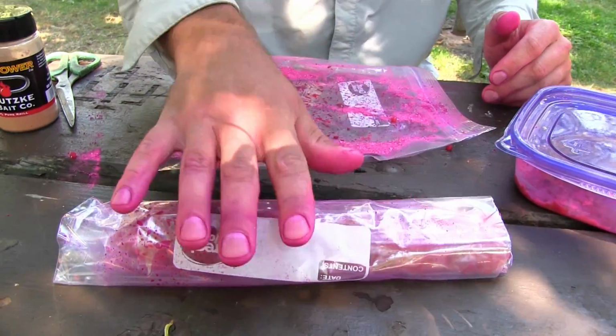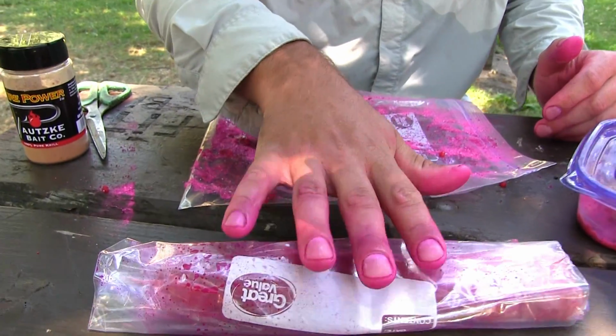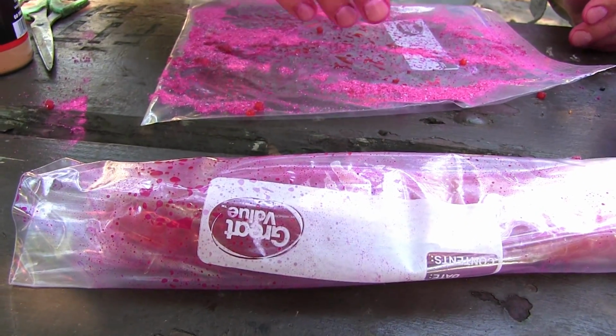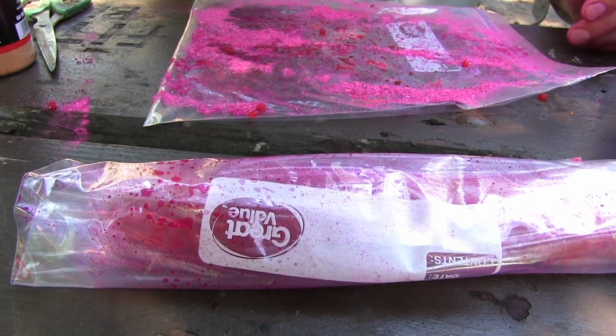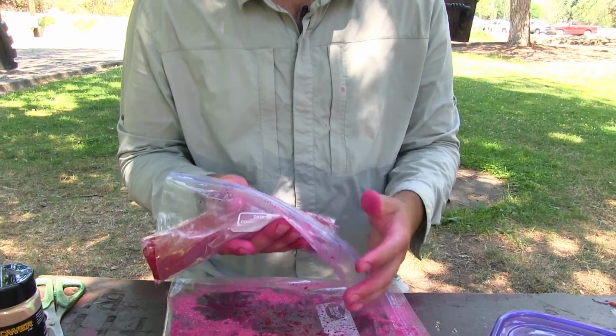Make sure, just kind of keep track of how you lay them in there. If it's a quart jar, it's easy. If it's a Ziploc, just make sure you kind of keep track of which side's down. And then I like to flip them every 4 to 8 hours if you can. So you take it out, you don't even have to stir them up, just flip them over,